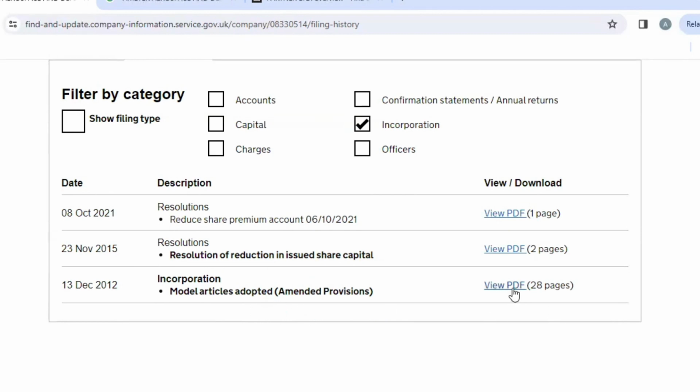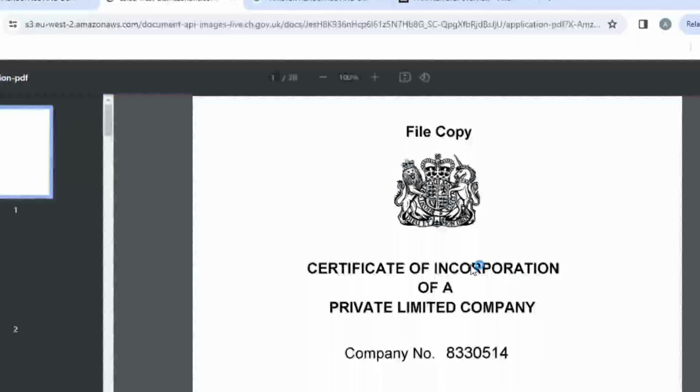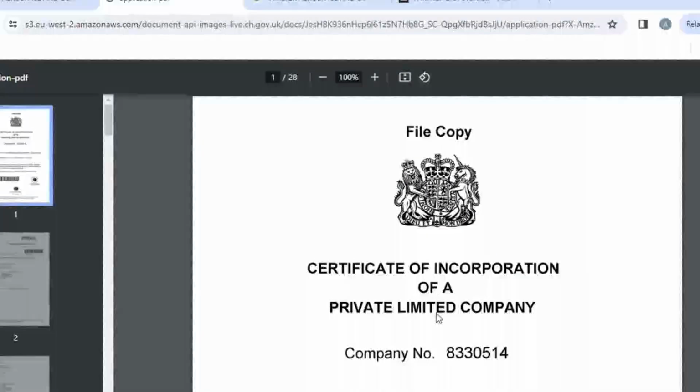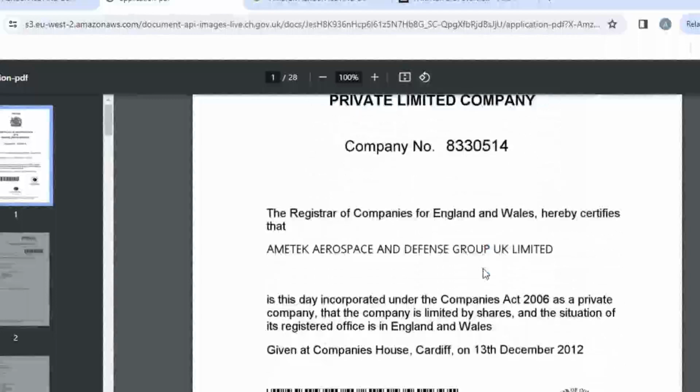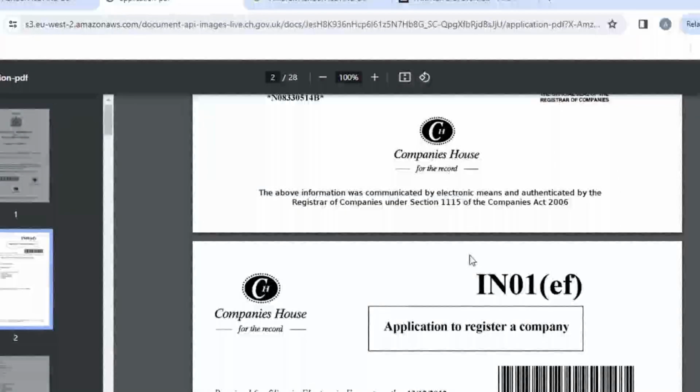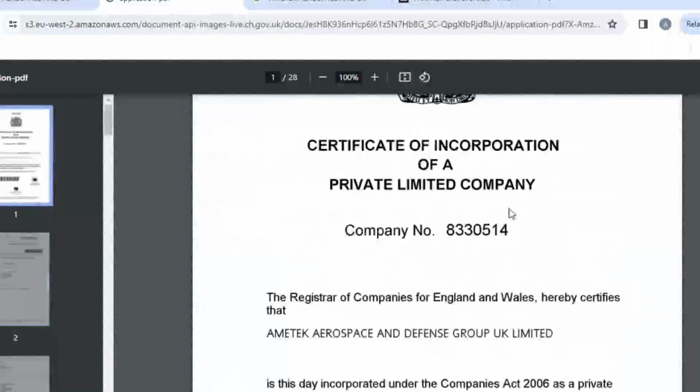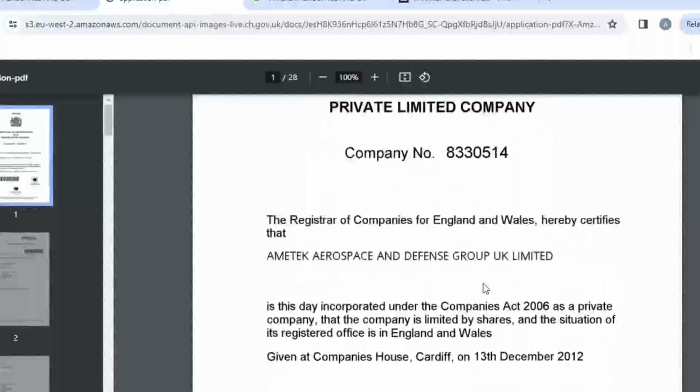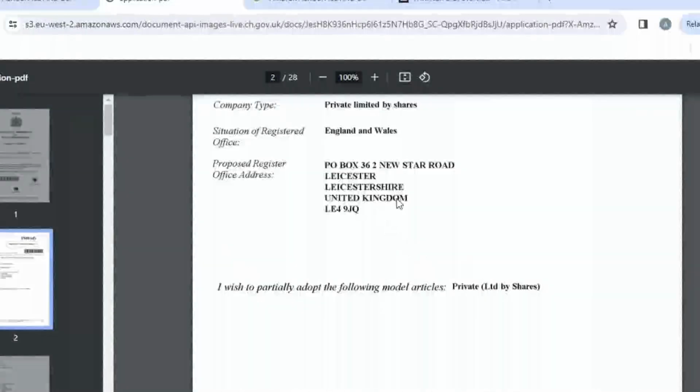Okay, let's open this certificate of incorporation of a private limited company. This is the certificate of incorporation, but it will not have the trading name, because most of the time trading names will be available on the company website or LEI or the regulations or exchange if the entity is listed. But this is how the certificate of incorporation looks. It will have the company number, name, then registered address,